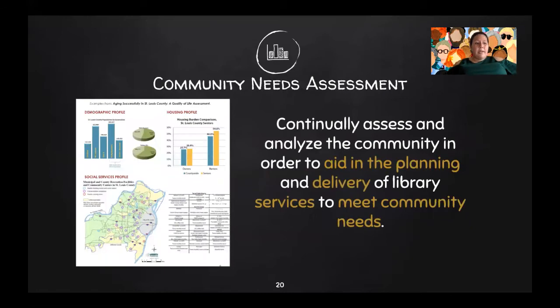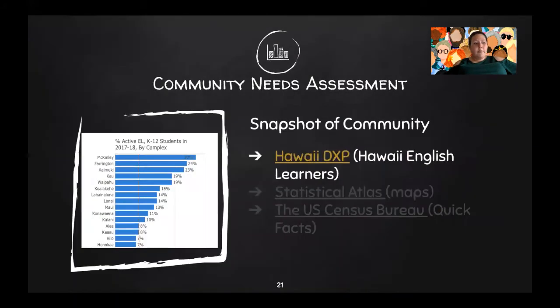Librarians should get a general idea of who is in their community. They provided a list of websites that could show this, but the ones I'm going to show you are the best sources I found for Hawaii. So the first one is Hawaii DXP, and this is information about the ELs and DOE schools in different complexes